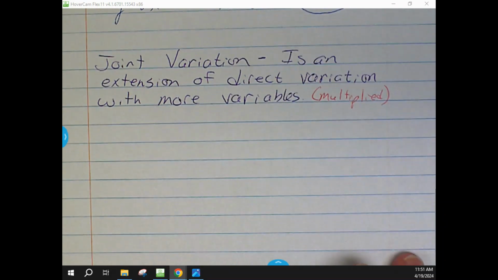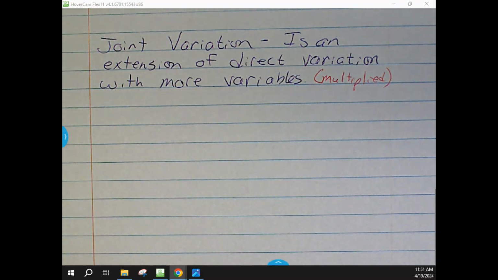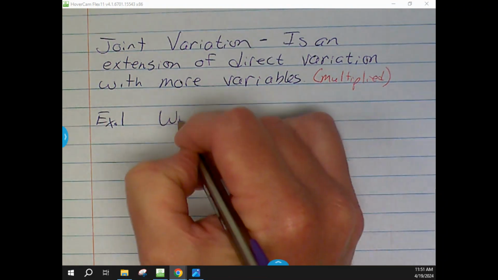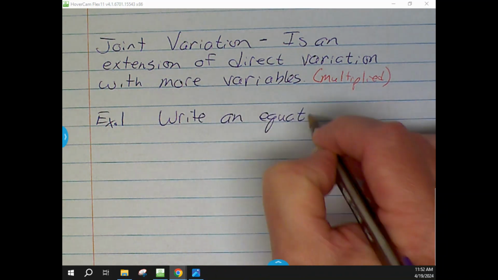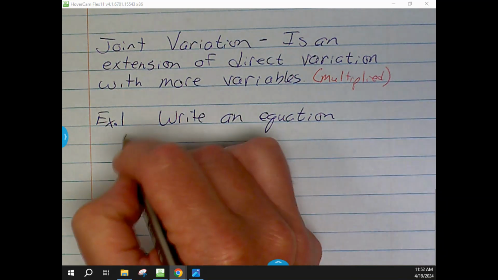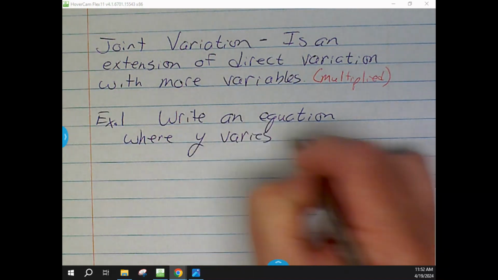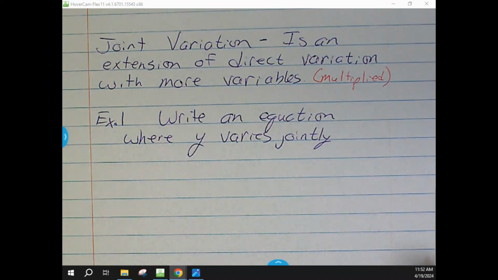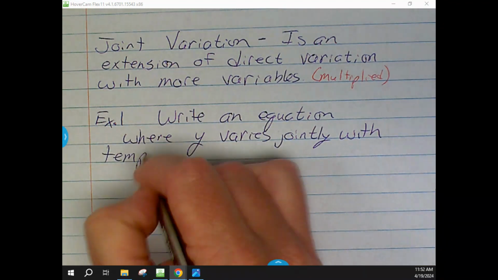Okay, now here's where we're going to change gears just a little bit on this one. Because on these, if it's joint variation, they would have to do something a little bit different. And we'll show you what they would kind of do for this one. So for this one, we're going to actually ask you to write an equation where y varies jointly with temperature,